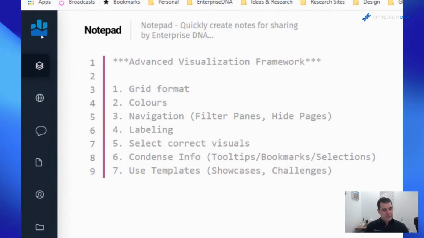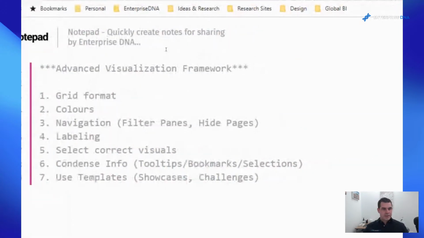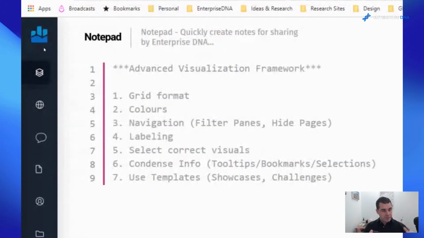I do have a session later on. I think that's the very last session of the summit, which is about automation techniques. I might actually cover a few of them here, but I'm going to expand them much more in my final session, where I say, okay, how do we automate a lot more of our development? And the automation is just occurring around this framework.